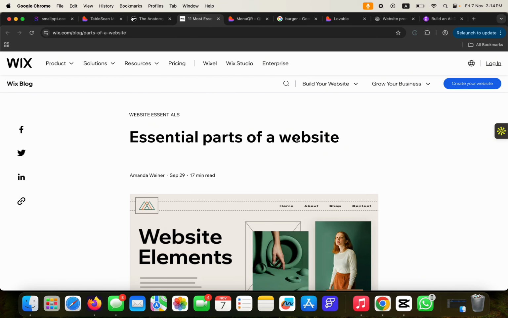a website, so that when you're trying to ask Lovable to build a particular thing, you will know what to ask it to build. All right, if you don't know that this is called a button, how will you tell it, okay, I want a button in my website? So we are going to go through all of those things step by step so that you can understand how it works. Okay, so from what I wrote over here,